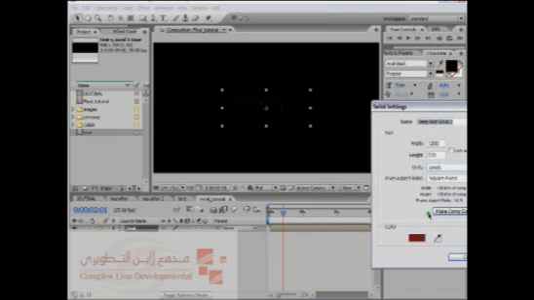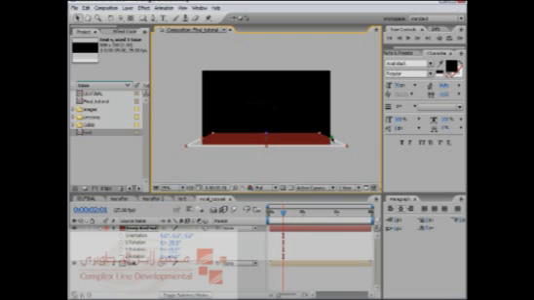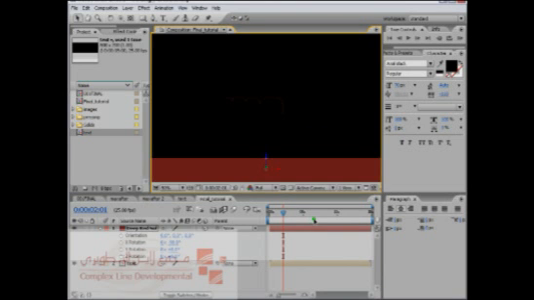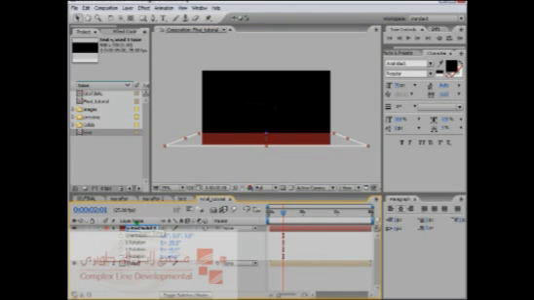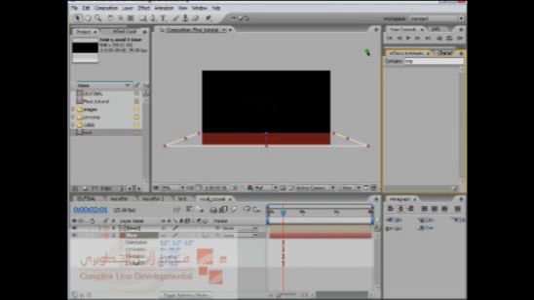Let's make a floor. We want the particles to bounce on the floor. So for that we go to layer, new, solid, make comp size, say OK, change this to 3D layer and hit R on your keyboard, change this to -90. Make sure this blue arrow is pointing upwards, otherwise your particles will not bounce. So make it a bit bigger and name this our floor, bring it below the text layer and put a